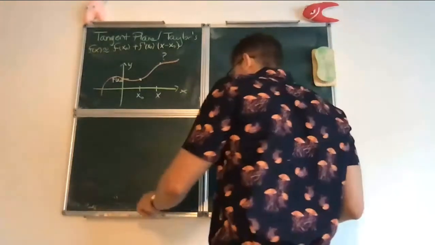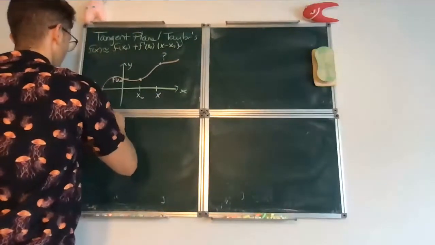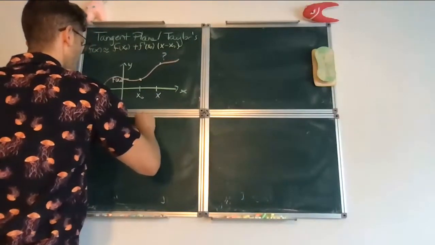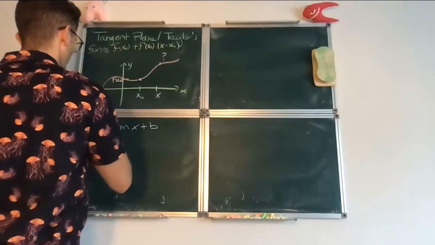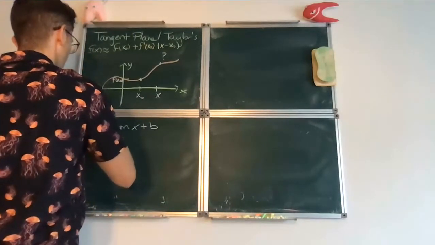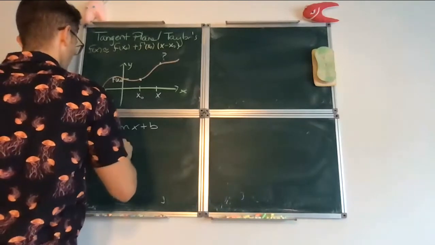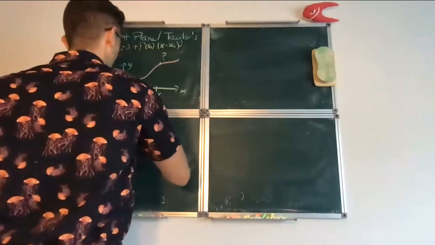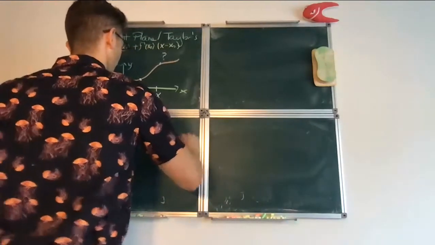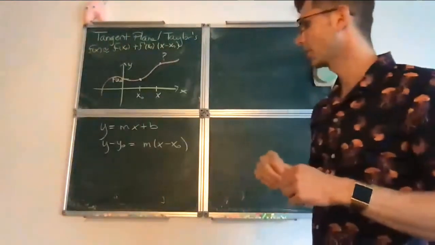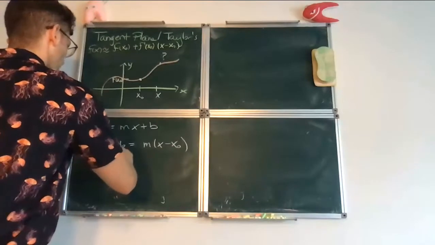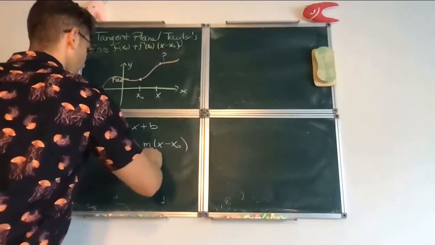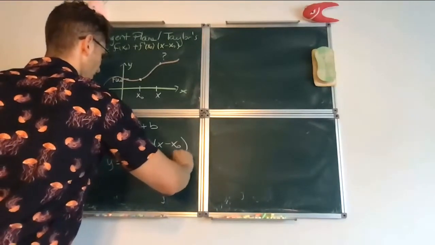There are many ways to write the equation of a line. One way was y equals mx plus b. But if you have 2 points on the line, one other useful way to write it is y minus y naught equals m times x minus x naught, right? Or in other words, y equals y naught plus m times x minus x naught,